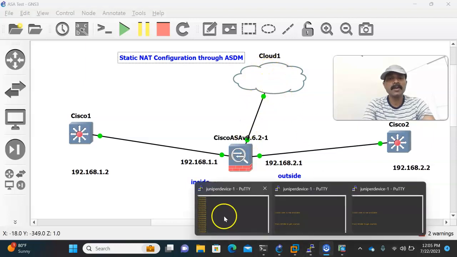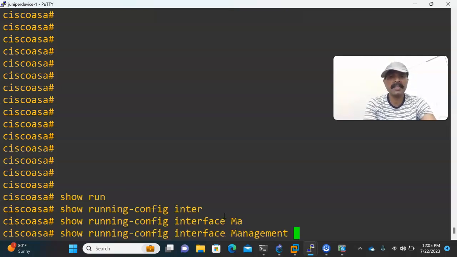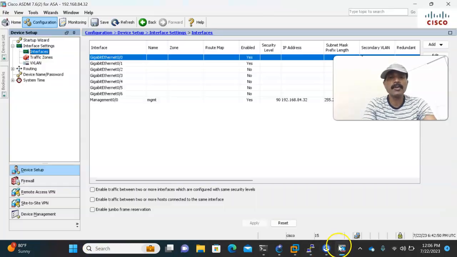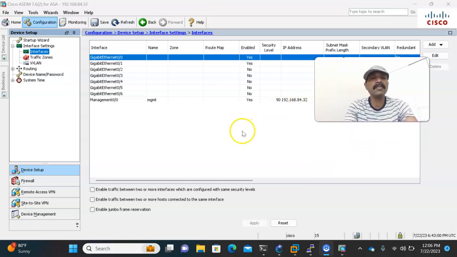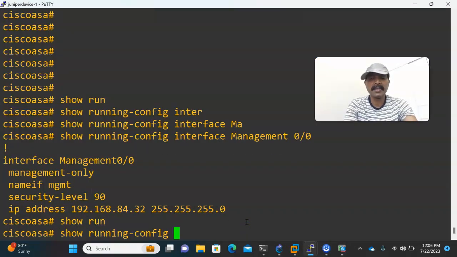Okay. So this is how I configured it. Show running configuration interface management 0/0. This is the IP 84.32 and the mask is 255.0, and the security level is 90. You can view it via ASDM configuration: management 0/0 MGMT, security level 90, IP address 84.32, and this is the subnet mask. This is how I configured the management interface, and additionally we have to configure two commands, that is